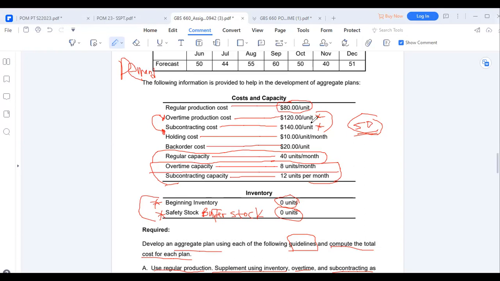Overtime is $120 per unit. It's cheaper for overtime. So if you produce a regular 40, you will need a 10. 8 will come from overtime. Then a 2, you can subcontract, even if the capacity for subcontracting is 12, but this total will give us a 50 there. All right, so this is why we are simply saying that